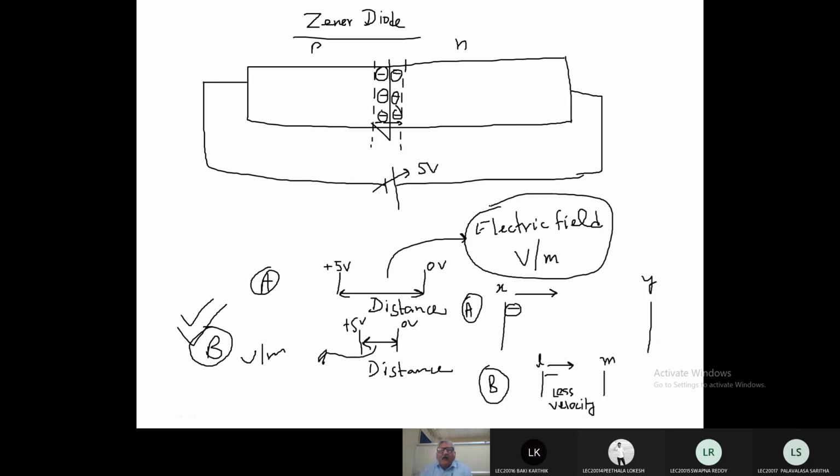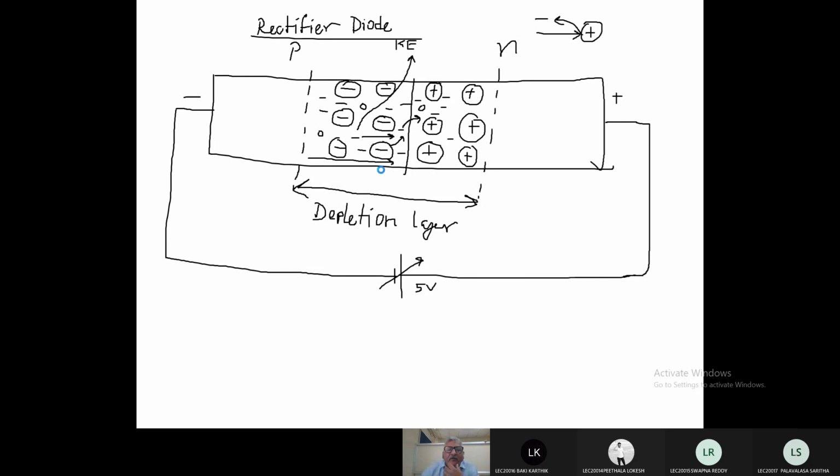Okay. So if you remove this reverse bias in the Zener diode, then what will happen? Again, those electrons will come back to the covalent bond position because the lattice is not broken, right? If the lattice is not broken, then electrons will come back to the same position. That's why this diode will not burn permanently. Okay, because the lattice is not defected now. Whereas in avalanche breakdown, the lattice has been broken due to the high speed electrons striking the atoms. Okay, so you got the point.